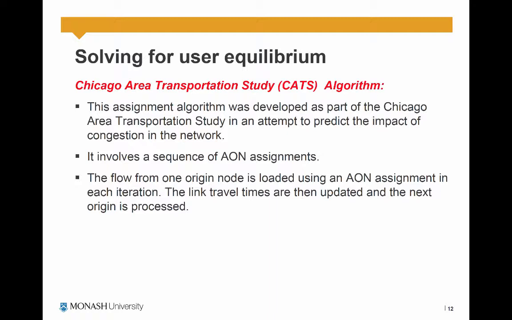The CATS algorithm involves a sequence of all or nothing assignments. What it does is the flow from one origin is loaded into the network using an all or nothing assignment in one single iteration. In the next iteration, we go to another origin node, and then we do another all or nothing assignment. But at the end of each iteration, we update the travel times based on the link volumes. So the flow from one origin node is loaded using an all or nothing assignment in each iteration. The link travel times are then updated, and the next origin is